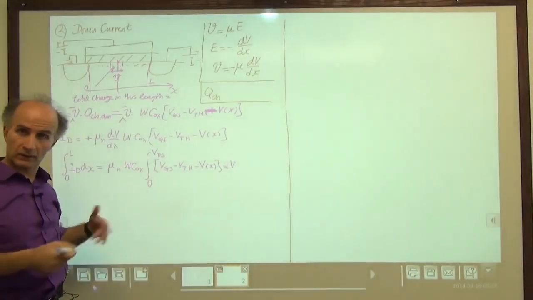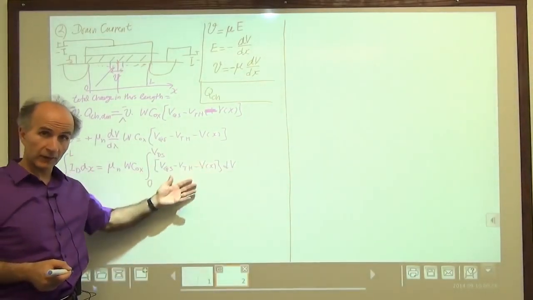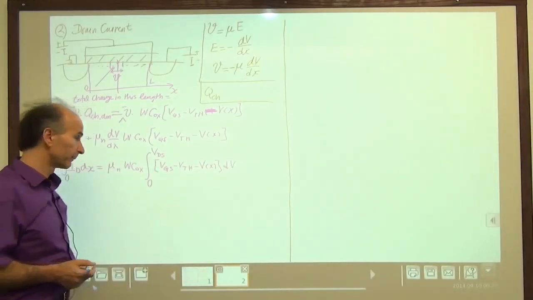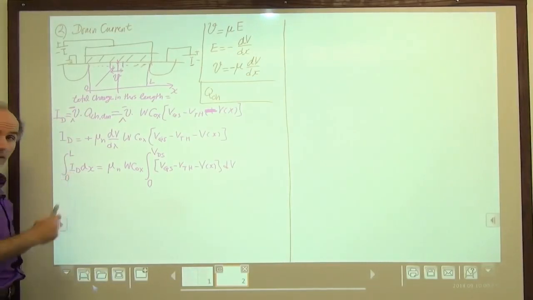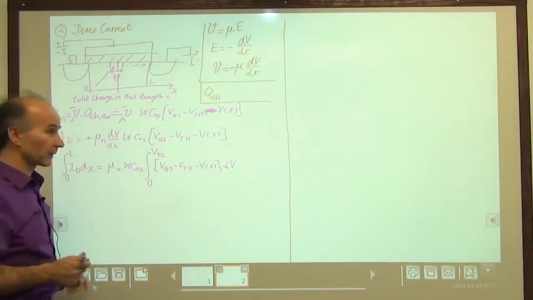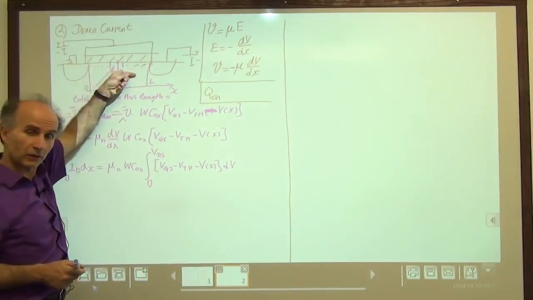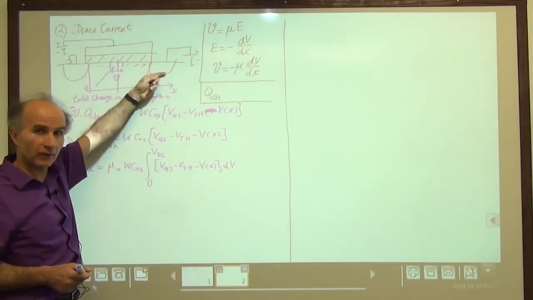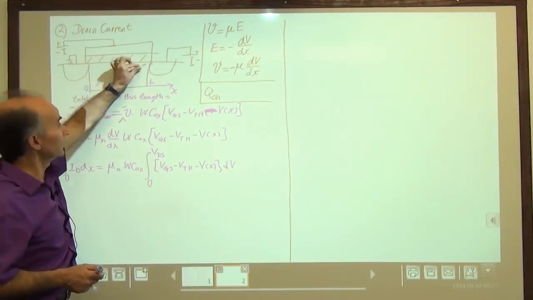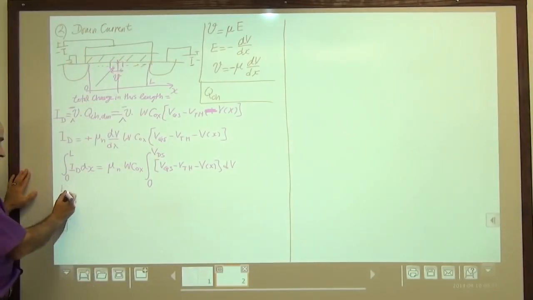So now it's easy to integrate. We'll see what we get. You see that, interestingly, V drops out because after integration, we have the substitution of 0 and VDS. So V of x goes away. All right, ID is constant. It doesn't depend on L. Is that true? Yes, because current cannot disappear. Electrons start from here, and they travel. They have nowhere else to go, so they have to end up in the drain. So the drain current is always the same value, whether you measure it here, or here, or here. So we can take it out of the integral. This gives us L ID